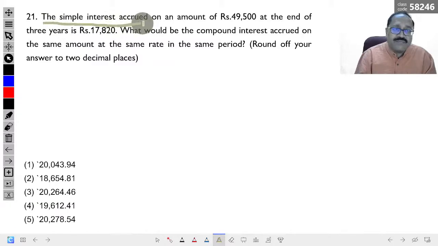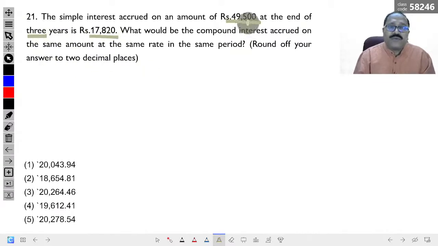इसके बाद में और एक क्वेश्चन होगा. सिंपल इंटरेस्ट एक्वायर्ड ऑन ए अमाउंट ऑफ रुपीज 49,500 at the end of 3 years is this much. तो हमारे पास में प्रिंसिपल भी है, टाइम भी है, एंड इंटरेस्ट भी है। ये क्या है? सिंपल इंटरेस्ट है। यहाँ से हमें रेट ऑफ इंटरेस्ट निकल आएगा।